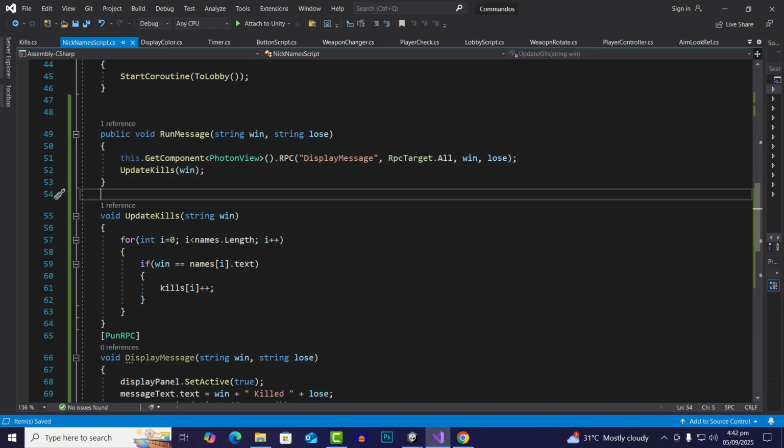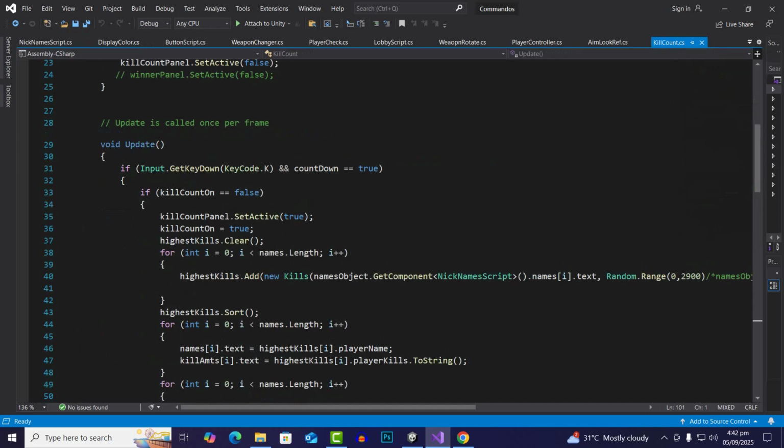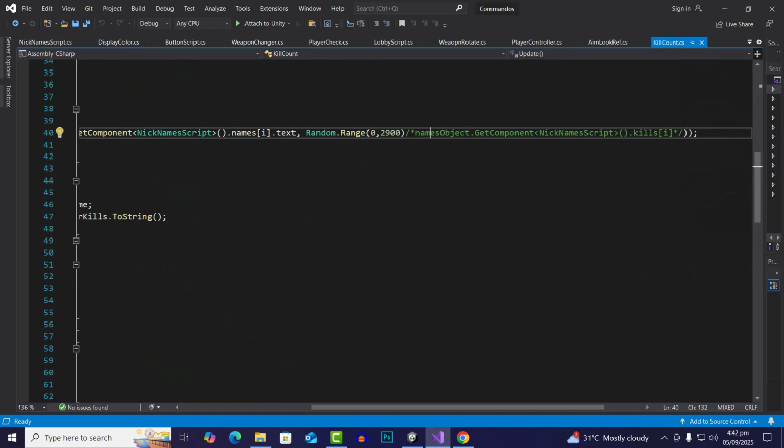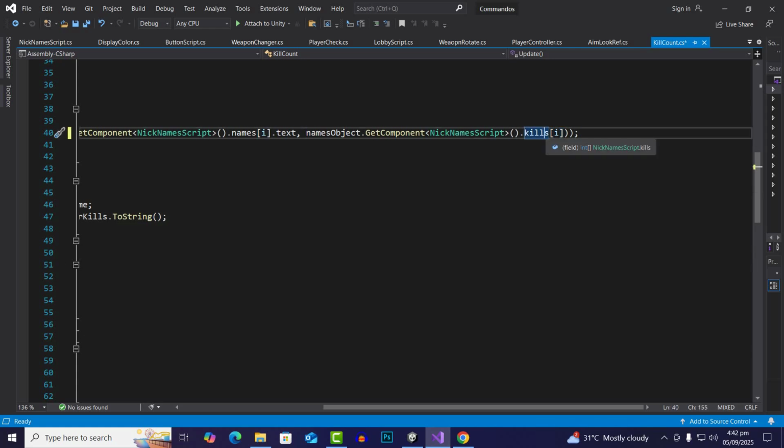in the kill count script. If we go to the kill count, you can see that we are using the random range here. So instead of a random range we will choose the name object dot get component nickname script, and then we will just choose the kills from there. Okay, so save it,